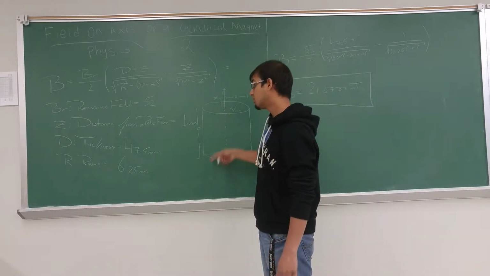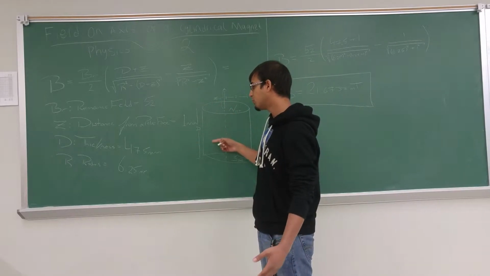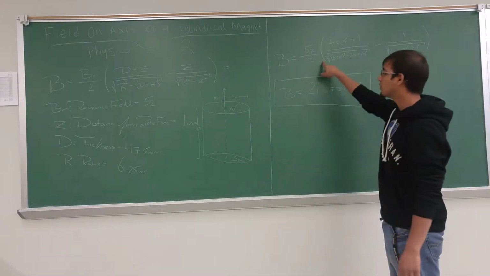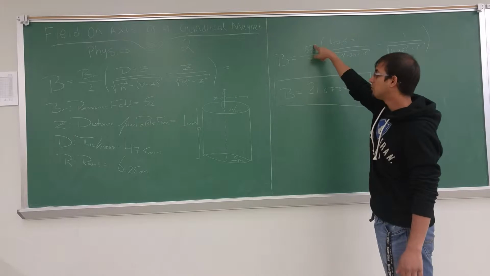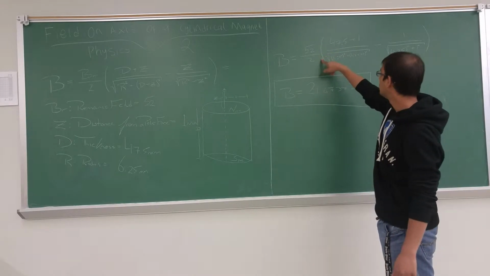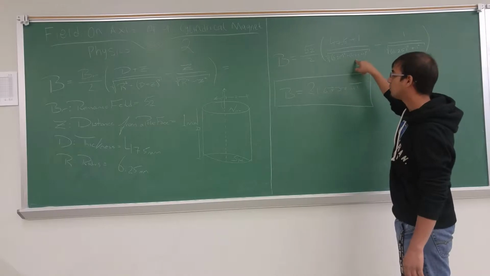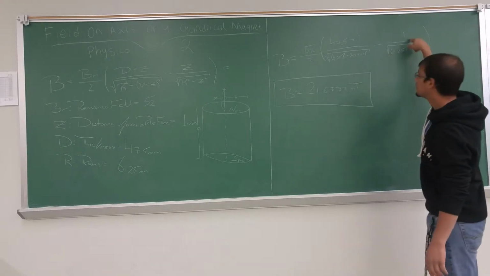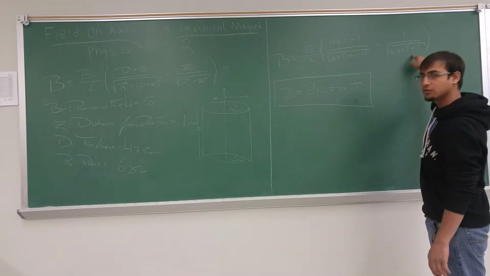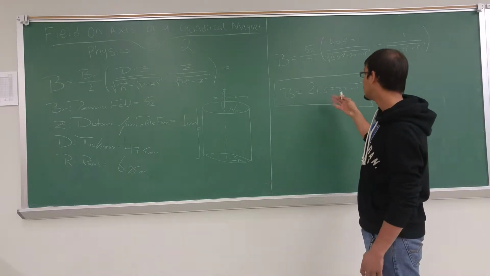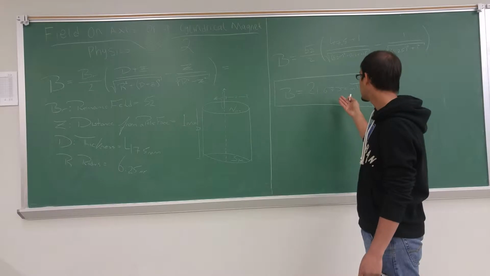The thickness is 47.5 millimeters, and the radius is 6.25. Plugging all of this into the equation, we get our magnetic field on the axis of 21.6737